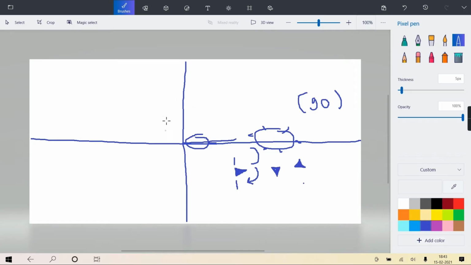Suppose for example, your turtle is currently facing like this. This is its face. And now I say move left 20 degree. According to the position where it is now, it's facing this side, you're assuming, no?